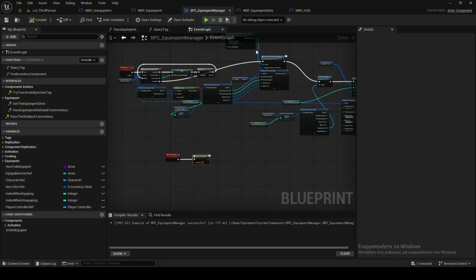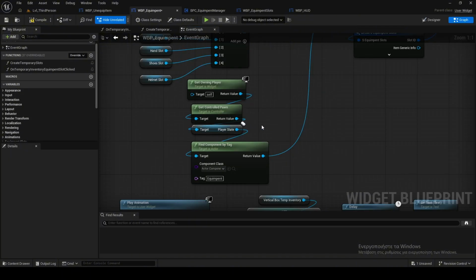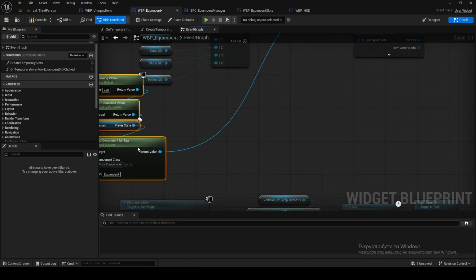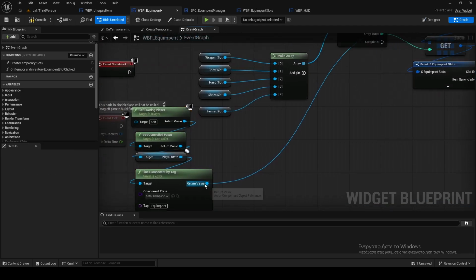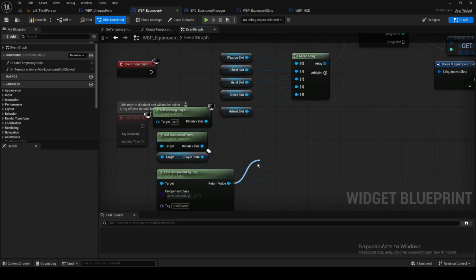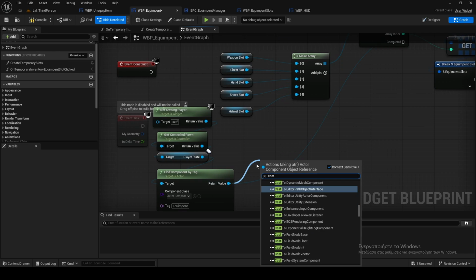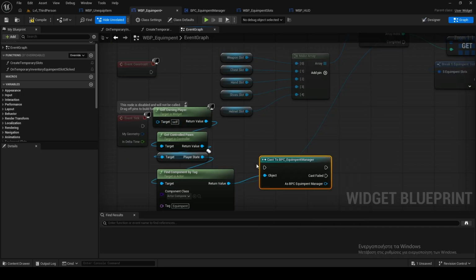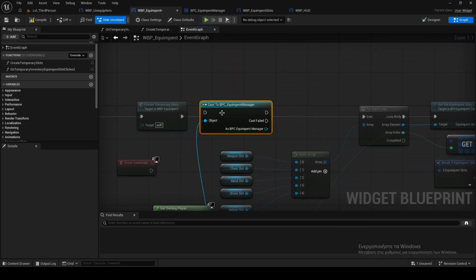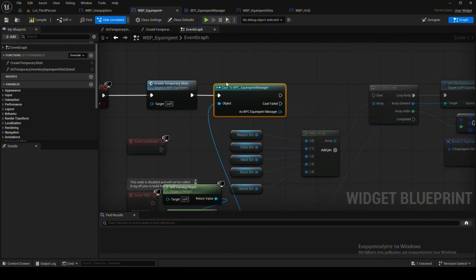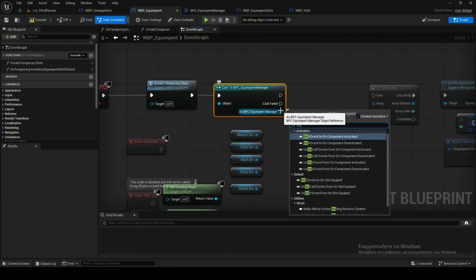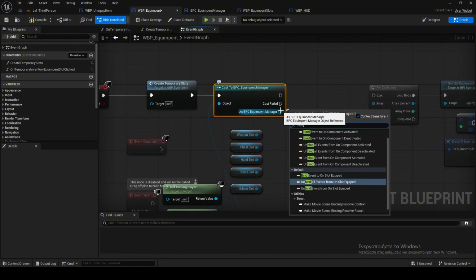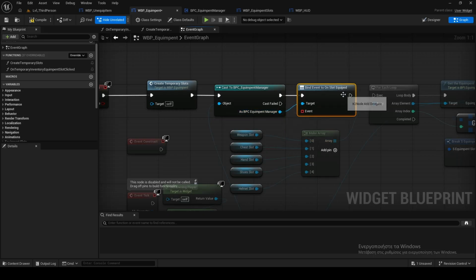But anyway, now that I create it, I can say something like I need to get a ref, so I need to cast to the equipment manager. So after I create the temporary slots, I can say now bind event on slot equipped, and I can pass